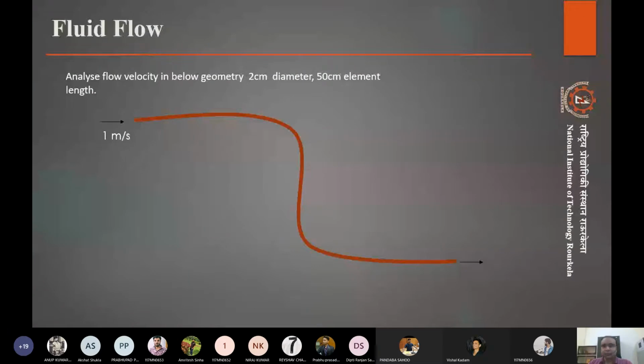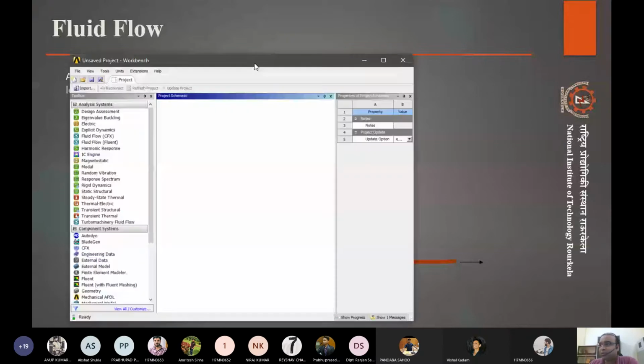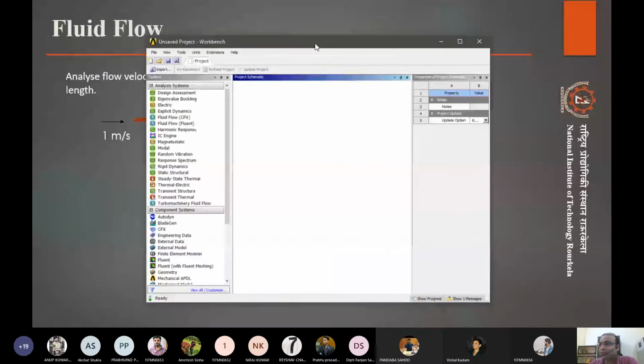Okay. So as you are all aware now, ANSYS has this workbench type of scenario where we can do all kinds of simulation. So for now, we are doing Fluent or in computational fluid dynamics. So best, most popular one is Fluent.